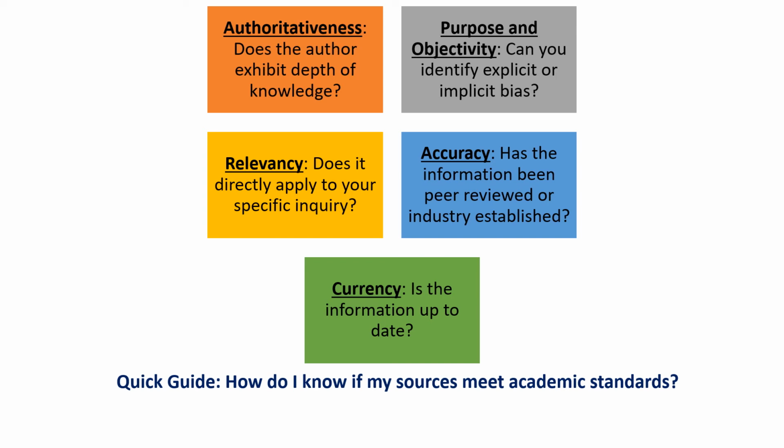And finally, a note on the necessity of purpose and objectivity. Do we know why the author has published the data? Is there a specific knowledge they're adding to the body of research? We also want to know if they perhaps have their own personal bias. And one thing I try to avoid is using articles that seem excessively slanted in one direction only.